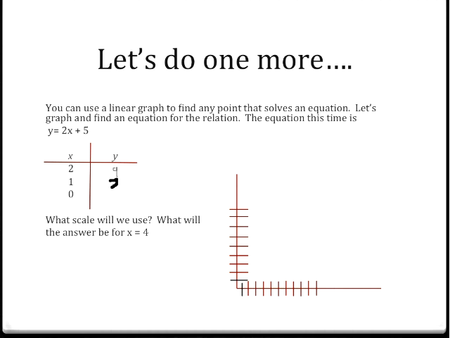See if it shows up. Anyone having the magic? Okay. Oh, there it is, 7. And the last one, if x is 0, 2 times 0 is 0 plus 5 is